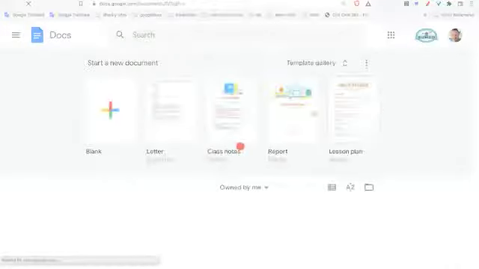So click on Docs. And then, there's the blank Docs document. So I'm going to click on there. All right, and let me drop this down so you can see everything. I'm going to name it Sending